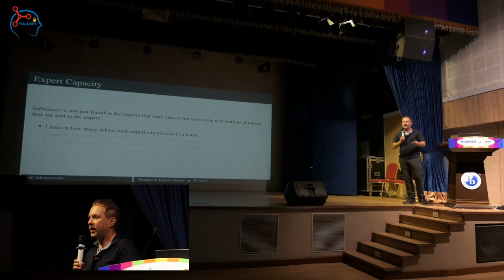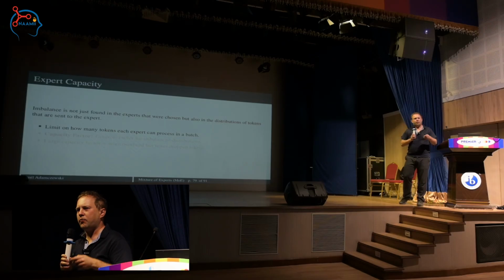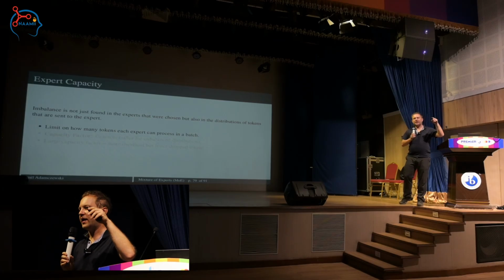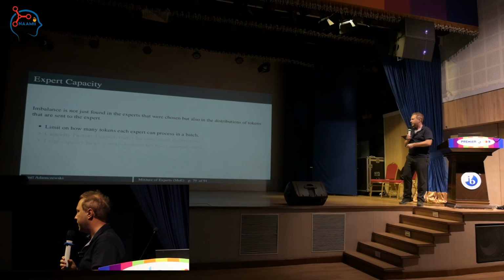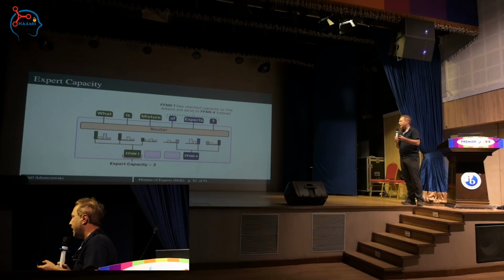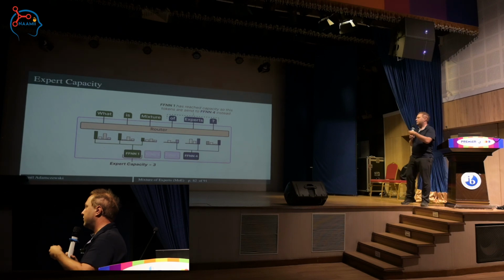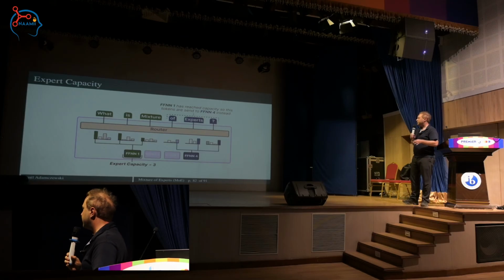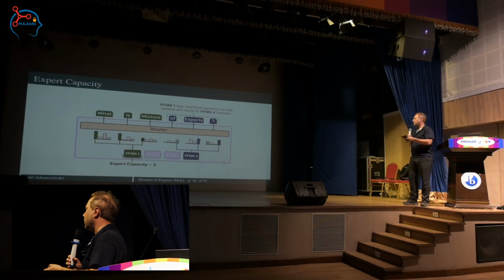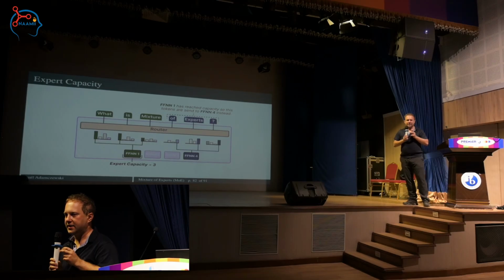So in the literature, there is another intuitive solution, which is called expert capacity, where we limit the capacity of an expert. So if the expert capacity is three for one expert, and three tokens were already routed to the first FFN, then that capacity is reached. The next token cannot go to the FFN layer. It will go to the 4th FFN layer. So this is something called